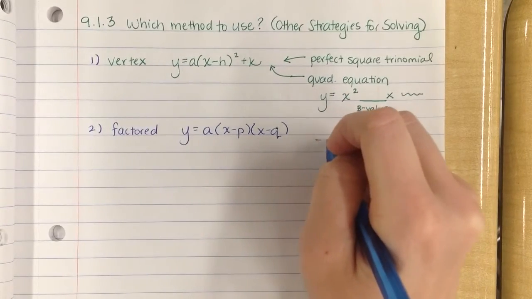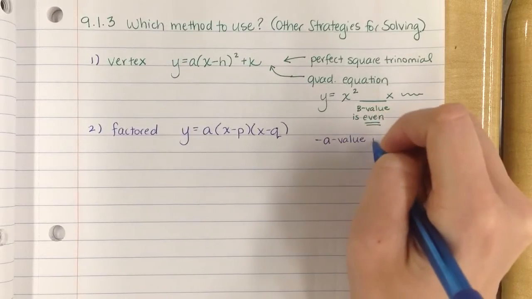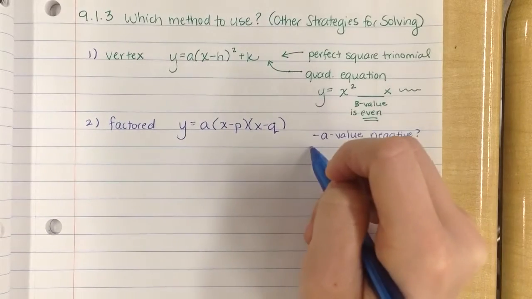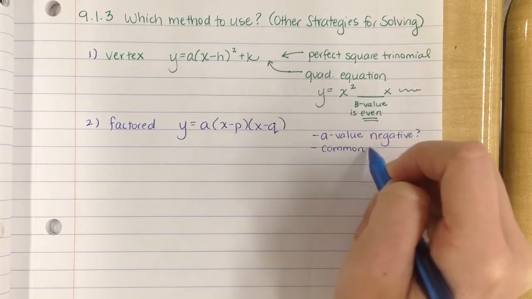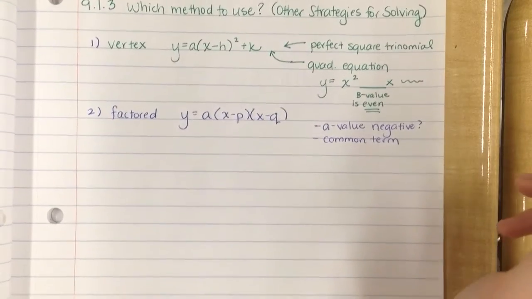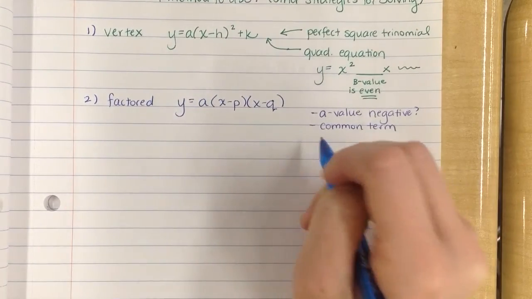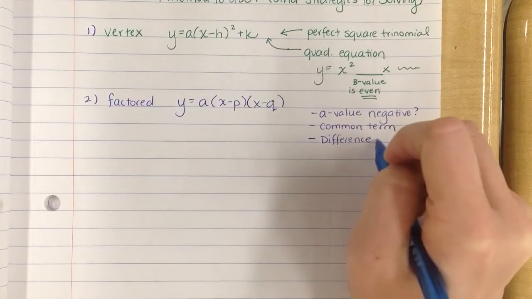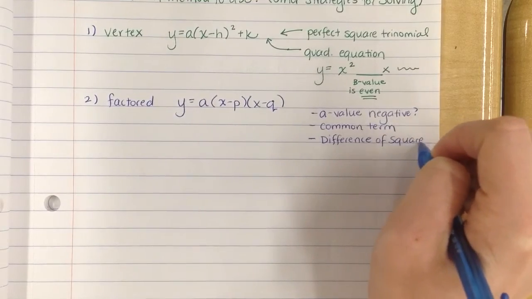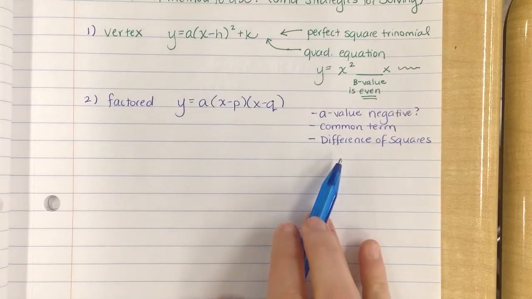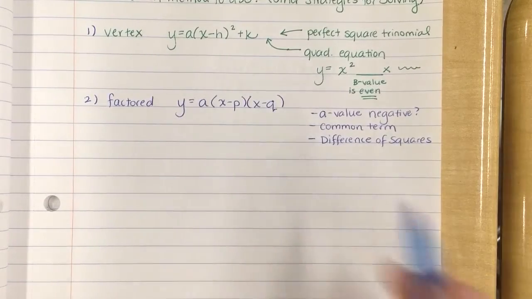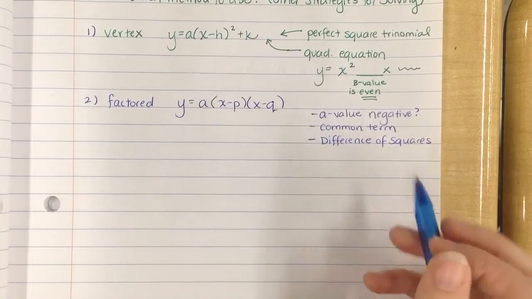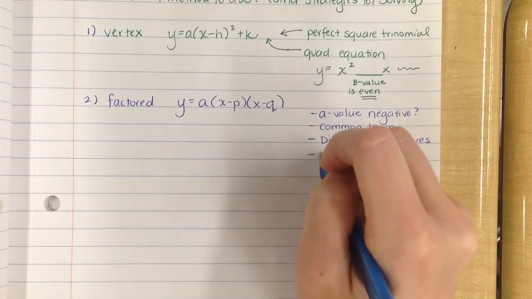We would always check for our a value to be negative as our very first step. We would check and make sure that there is no common term that can be factored out from the whole standard form equation. We would also check and make sure that it's not what's called difference of squares, one of those special cases we've been talking about so much. Difference of squares will always be written in factored form when we do the actual difference of squares factoring. If all three of these things have been done and worked on, then we would then do the diamond factor